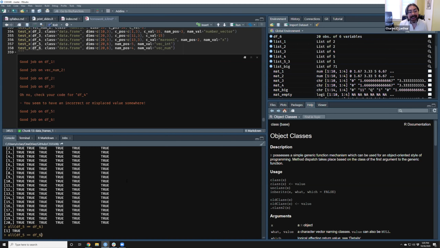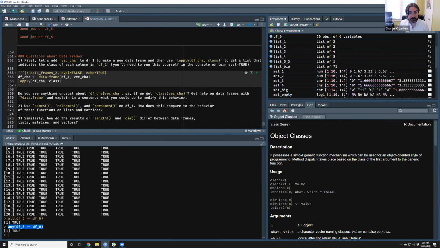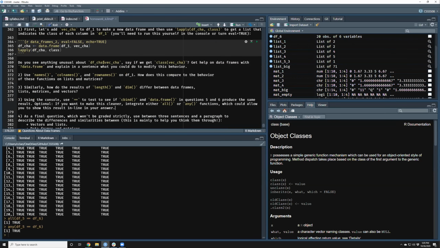The same thing with any. Any would look and see if any of those are true, it returns a true. So in this case, all of them are true, so all returns a true, and so does any. The difference would be if there was one false in here that wasn't exactly equal, all would return a false because they're not all true, but any would return a true because at least one of them is a true. Does that make sense? Yeah, thank you.